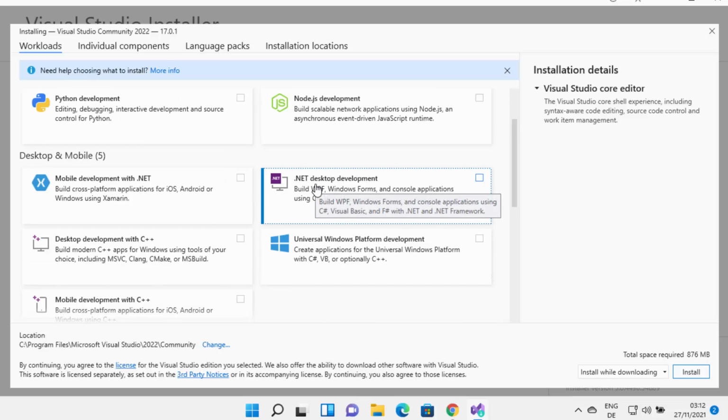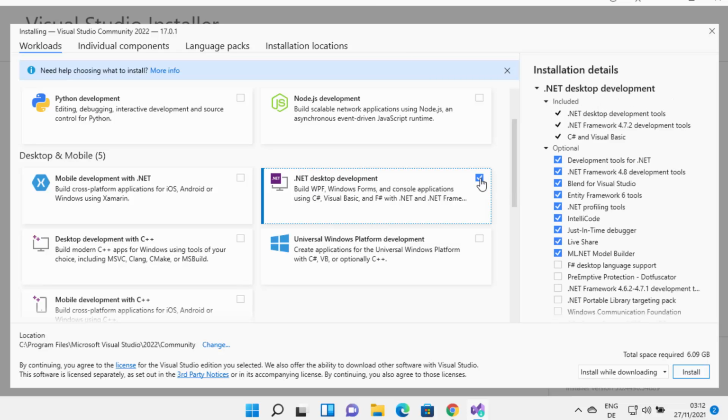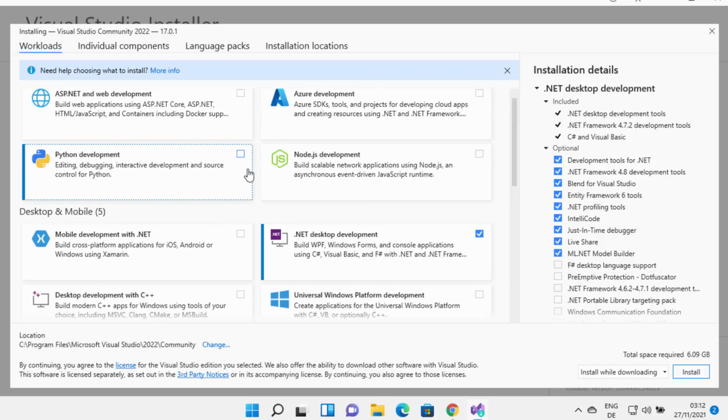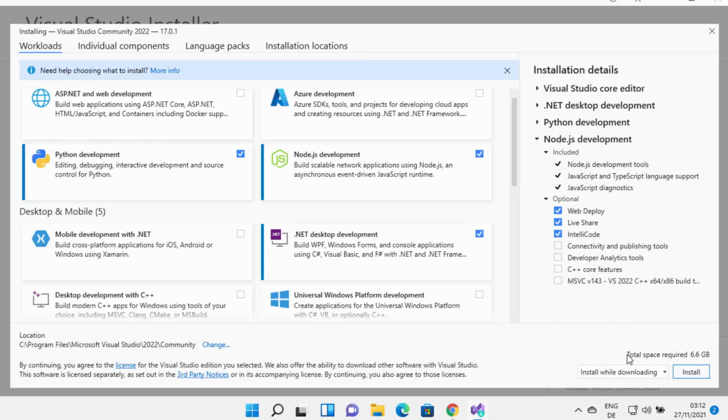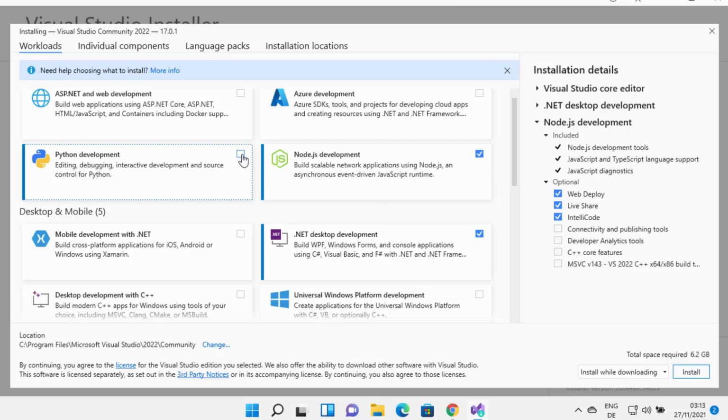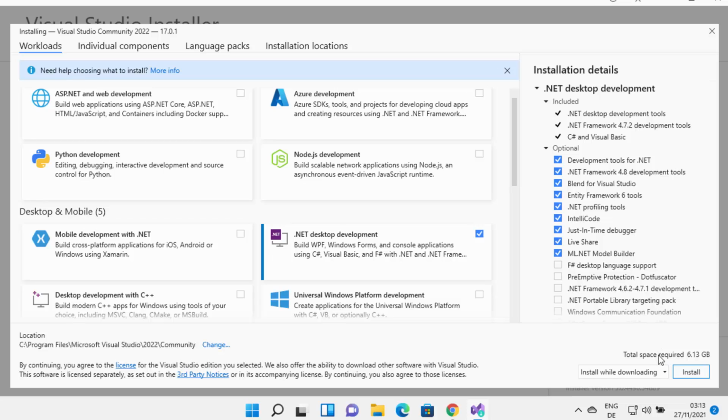I want to use this Visual Studio for .NET desktop development, so I'm going to just check this checkbox. If you want to choose multiple technologies, you can choose them also. So I can check multiple checkboxes from here. And also it's going to show you the total space requirement for installing all these packages. When you uncheck some of these packages, you will see that the total space is going to reduce a little bit. Okay. So for now, I'm going to just check .NET desktop development and then click on the install button,